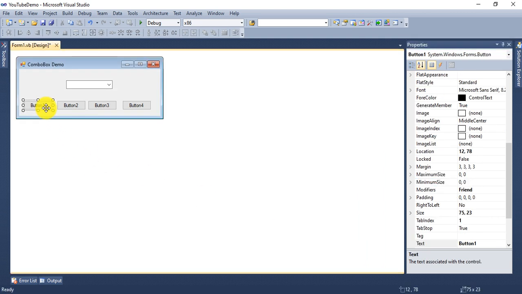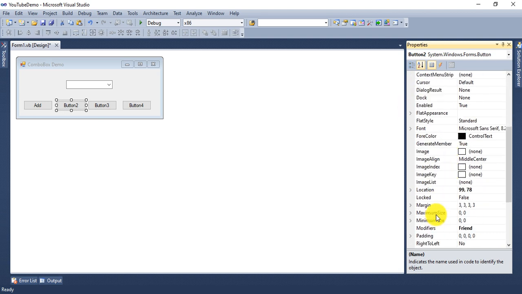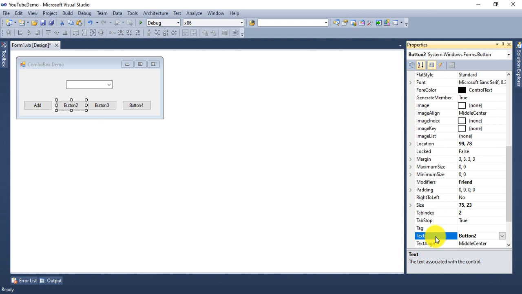Now the first button is for add, so in the text I'm writing add, and in the name property I'm writing btnAdd. In the same way for remove, btnRemove, and in text you write remove.